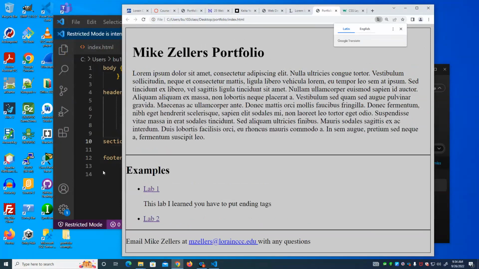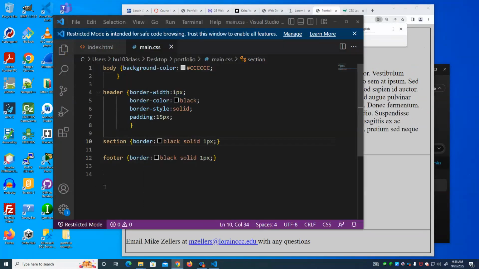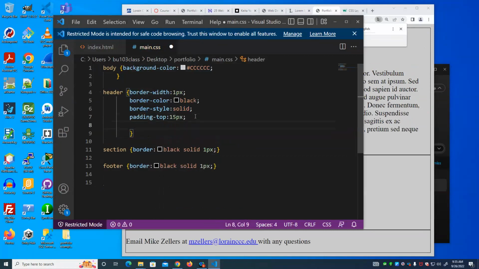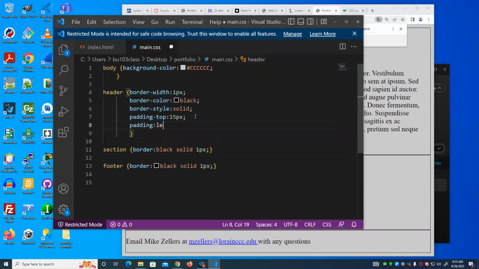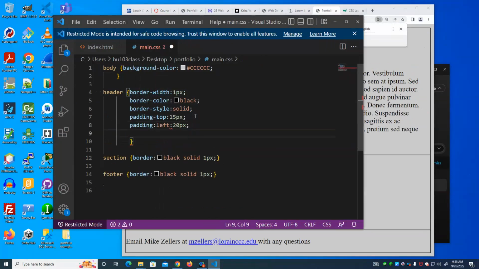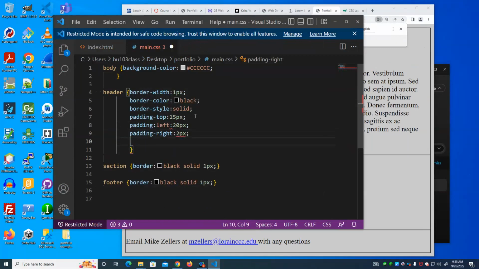Now, we can actually give a different padding on the top, the right, the left, and the bottom. So I could say padding top 15 pixels, padding left, 20 pixels, padding right, 3 pixels,